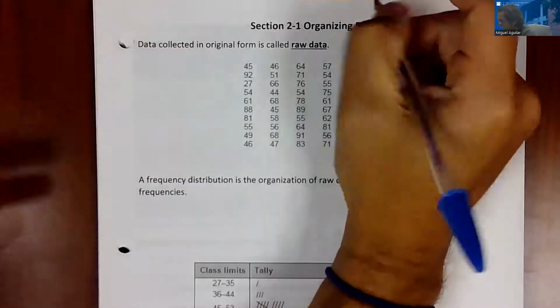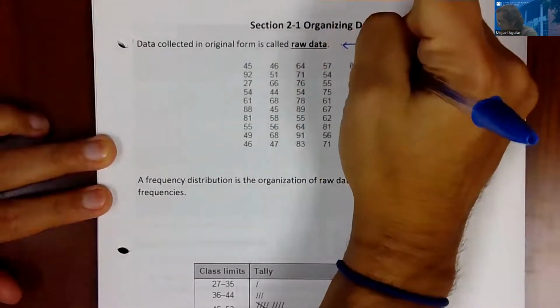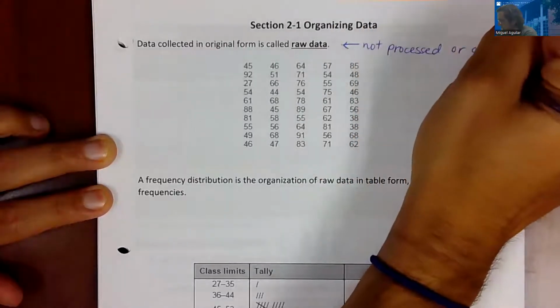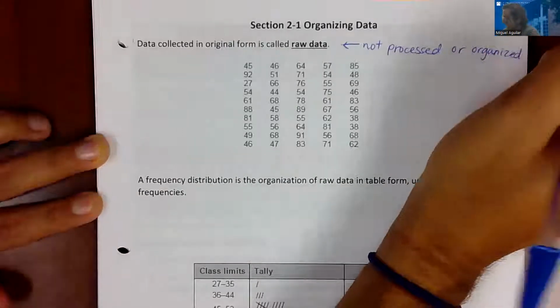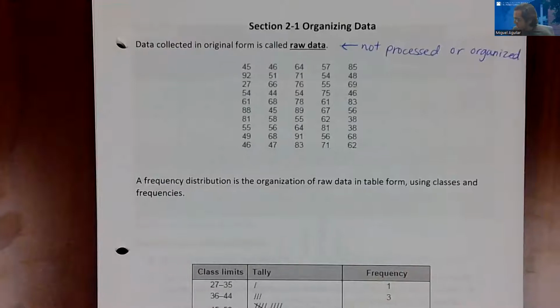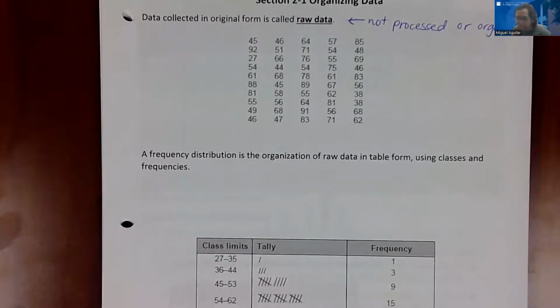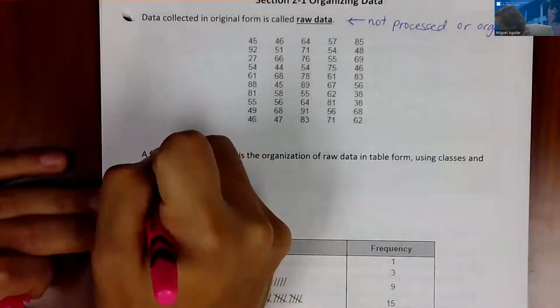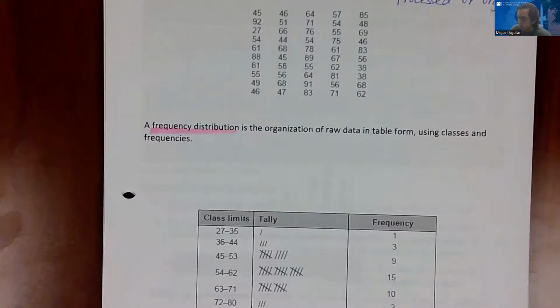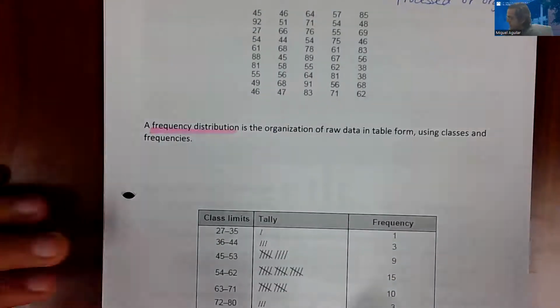It's raw because it has not been processed or organized. And we really can't make sense of the data until we process, organize, arrange, summarize that data, okay? And one of the ways we do that is by figuring out what the frequency distribution of the data set is. Frequency distribution, okay? So a frequency distribution is just a fancy way of saying that we're going to organize the raw data in